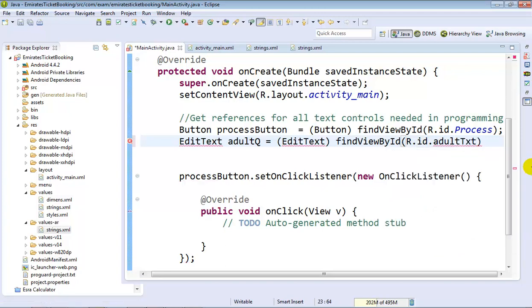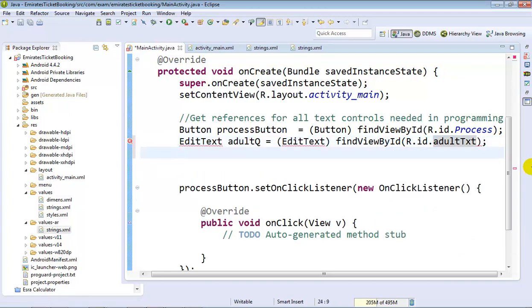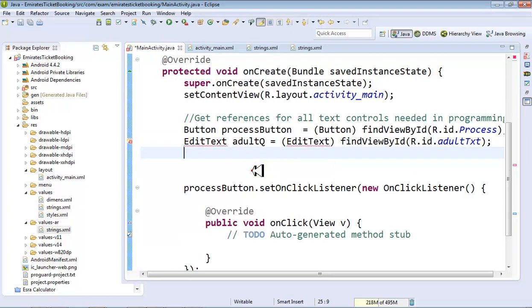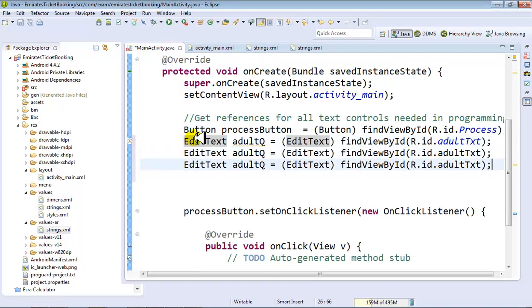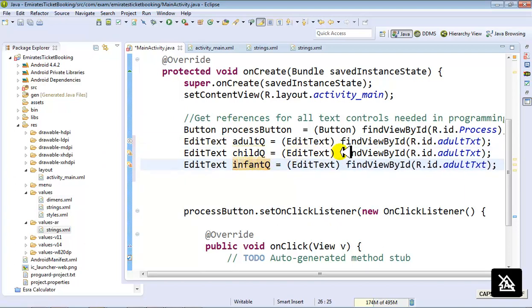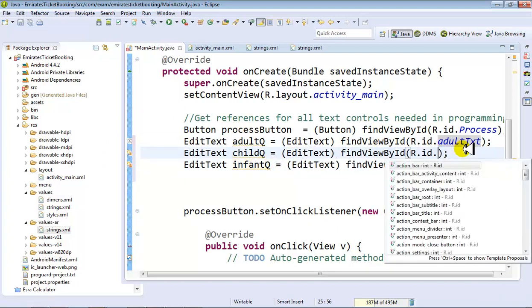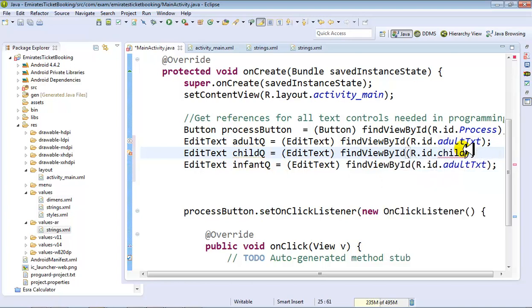So now I'll get the reference for adult. I hover my mouse over this one and import the widget, copy and paste this 2 more times for child quantities and infant quantities, meaning how many of them are traveling. So this is also child txt and this is infant txt. So I've got references for these 3 also,